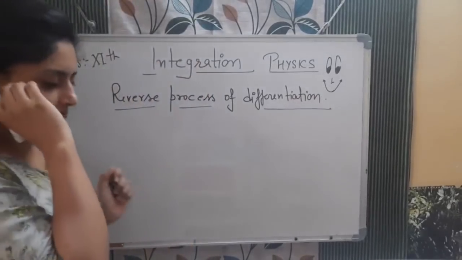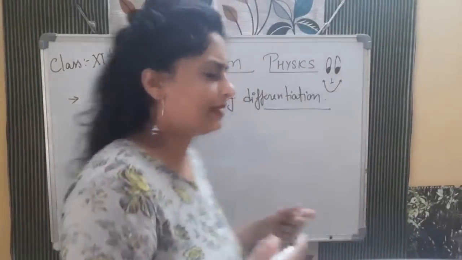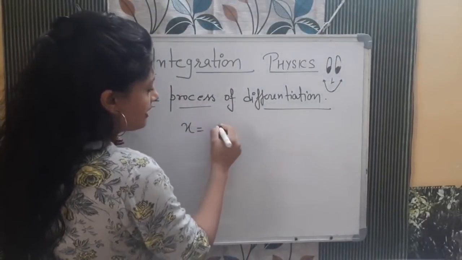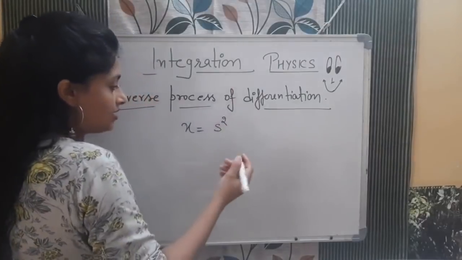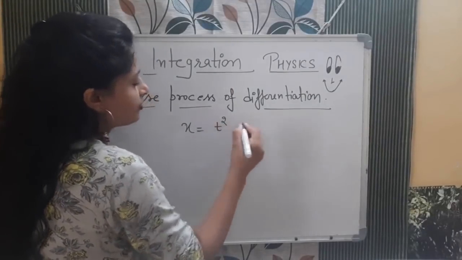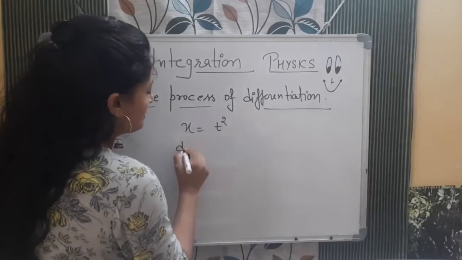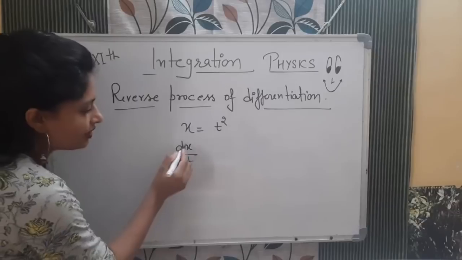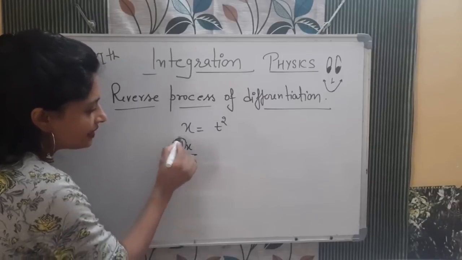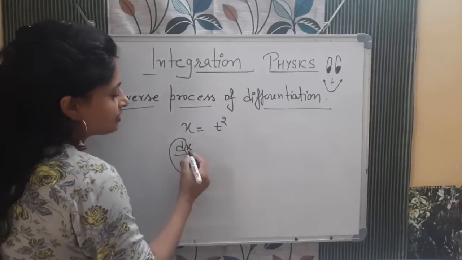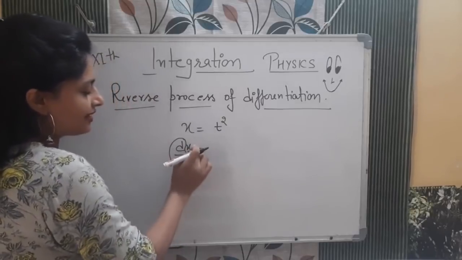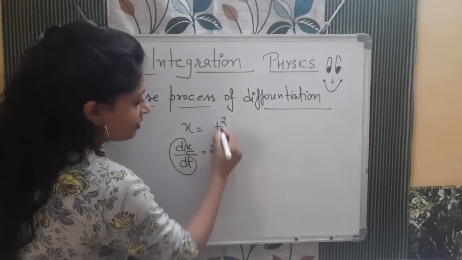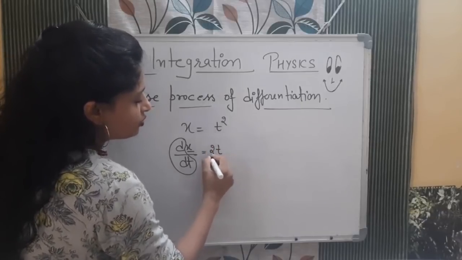Okay, now see, let's take a very common example. Like, if I say that x is equal to t square, and we take it in terms of t, because we were finding dx by dt, and if I say differentiate this, so dx by dt. Now what is the operator? The operator is this d by dt. This is the operator that we are using on this function x. So this is the differentiation of x with respect to time t. And what was the formula? The power will come forward and 1 is subtracted from the power, so 2t.